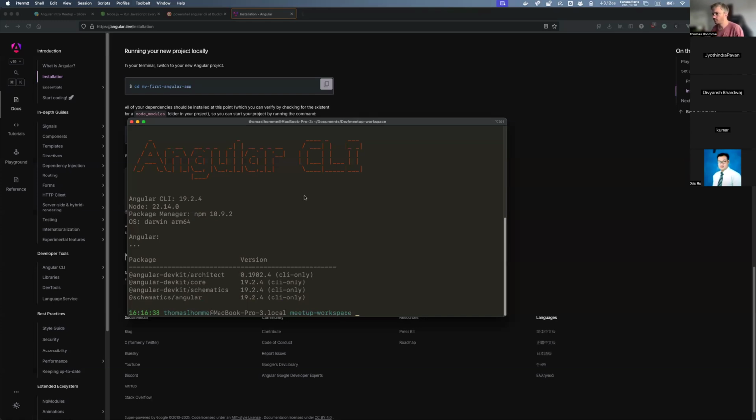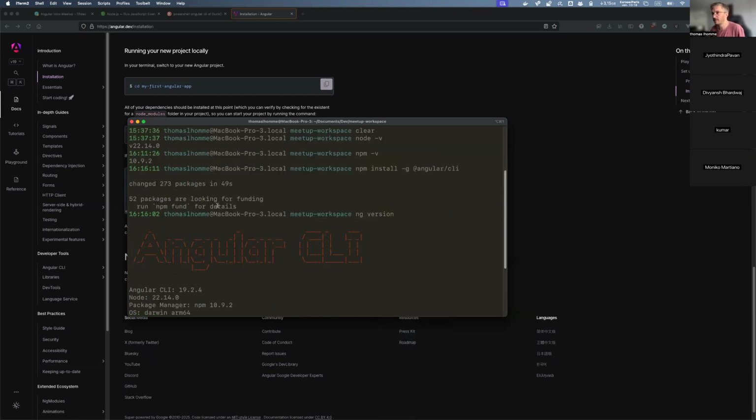Okay, so what I'm going to do now is create this first Angular project by running the command ng new, right? If I'm here in my terminal, you just need to remember in which folder you are, right? You need to be in a specific folder, because in this folder you will create the architecture of your project, right? So I'm going to do ng new. So ng space new, ng for Angular. This is the CLI we just installed here.